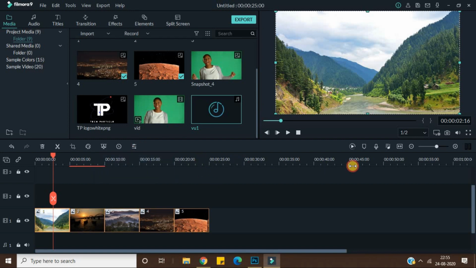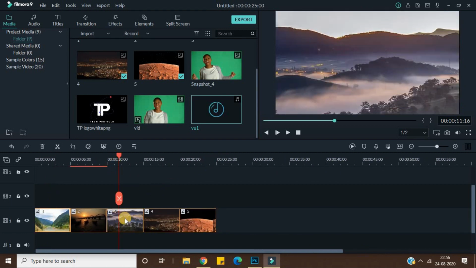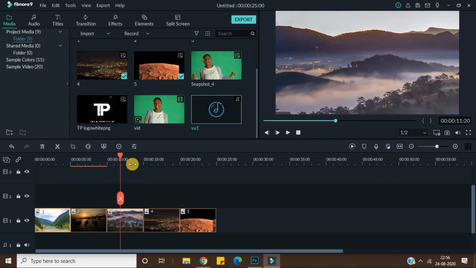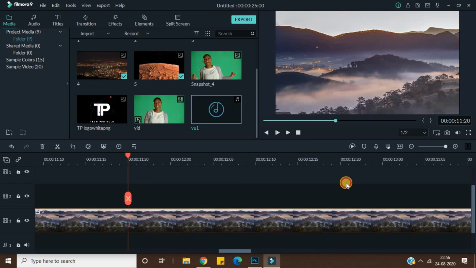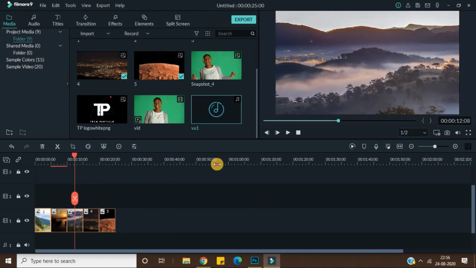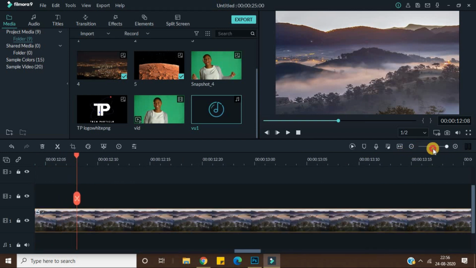One more thing is you can always zoom in and zoom out on your timeline. Let's suppose you have to edit this particular part and you want to work very keenly and smoothly, at a single point, to edit or split your video. Just zoom in as much as you want. You can zoom in by clicking here and moving your cursor, or you can zoom in from here.